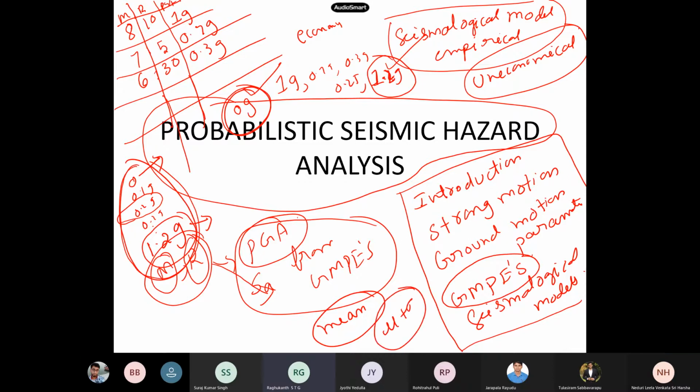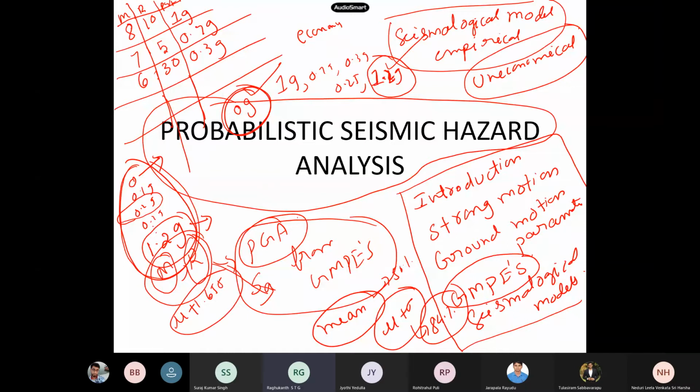So mean plus sigma is what percentile? Any of you remember? This is, let us say, the 50 percentile. Mu plus sigma is around 68%. So not 60, it is around 84 percentile. Then we have mu plus 1.65 times sigma. So this is the 95 percentile, which we also used to take.